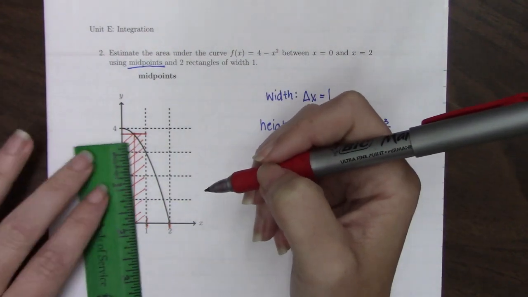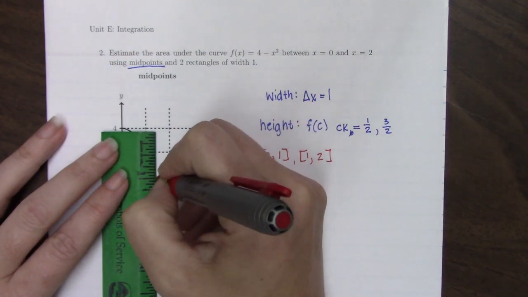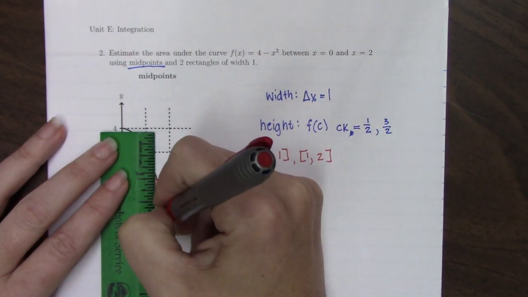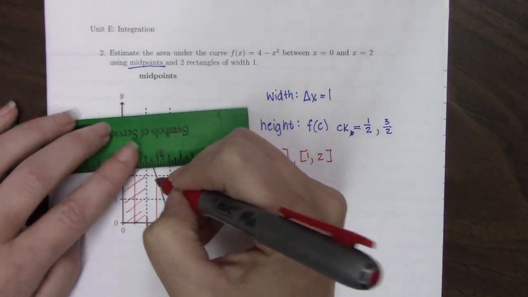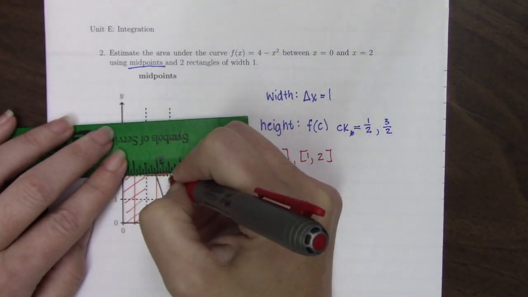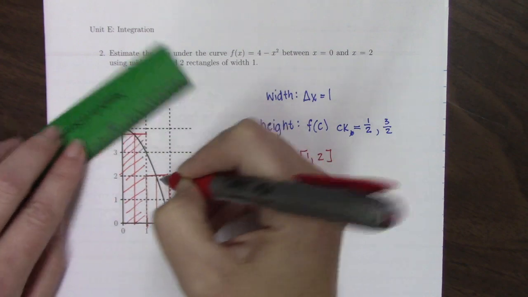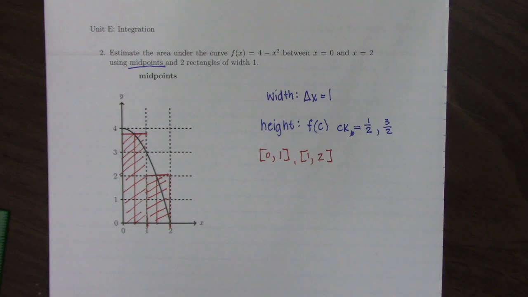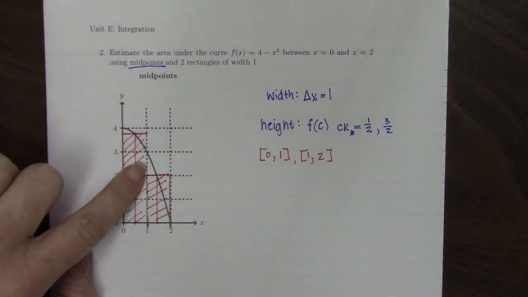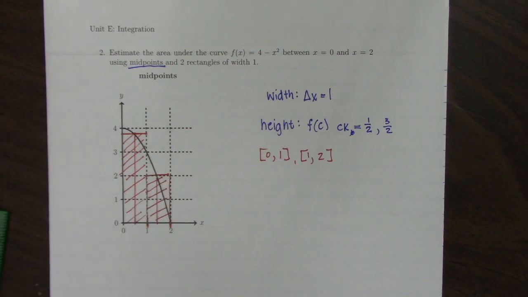For my second one, I'm going to go to the midpoint. That's going to be the height of that rectangle. And so I can see once again, I lose a little, but I also gain a little extra. Now to estimate the area here,